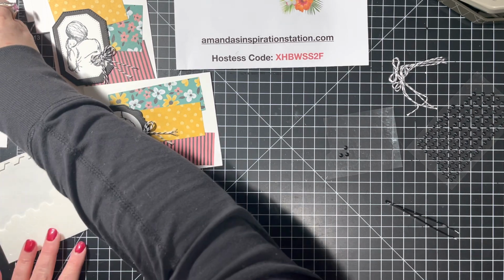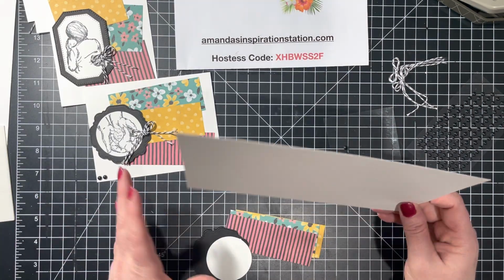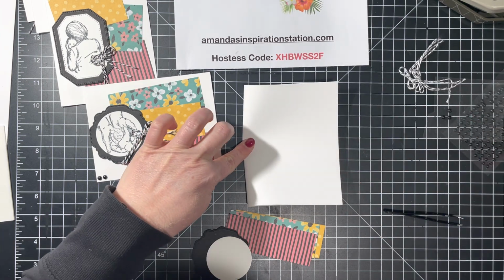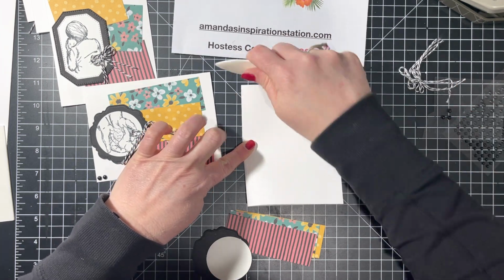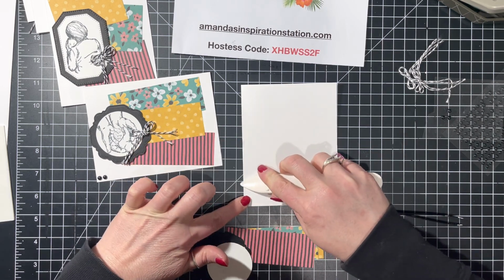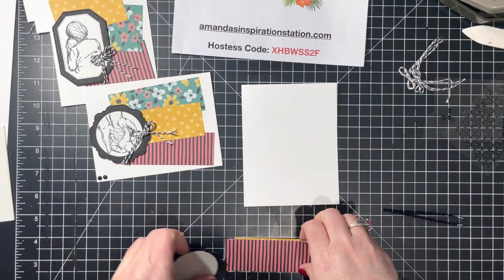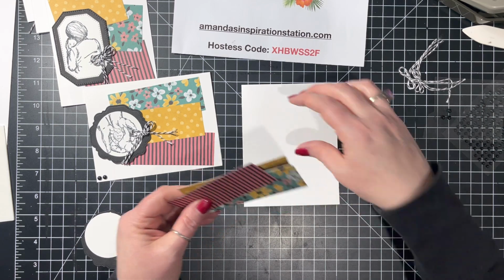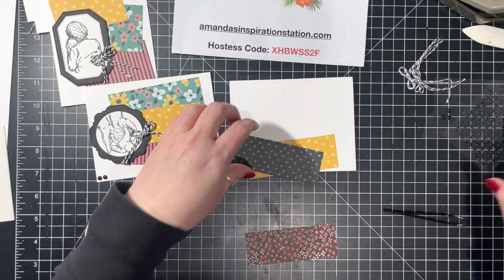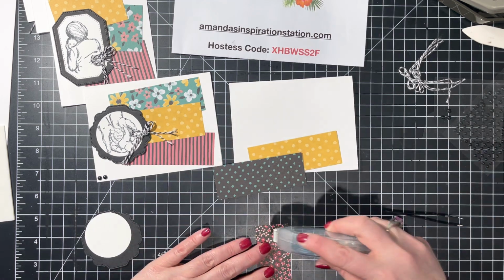Let's do the one here with the hands. So I'm, again, using a 5.5 by 8.5 card base. I'm going to use my bone folder to burnish in the creases. Otherwise, you can score it again at 4 1/4. Now, these pieces measure 4 by 1 1/4, and I'm literally going to,